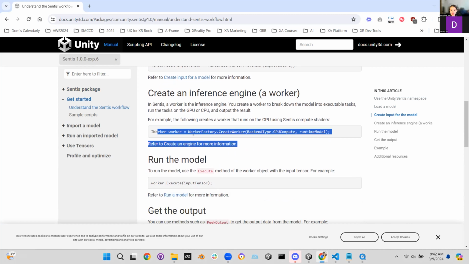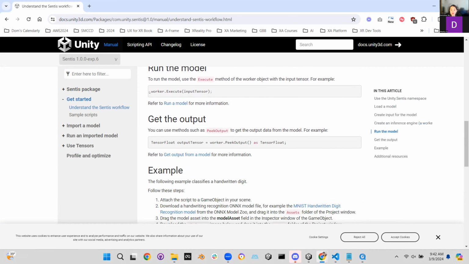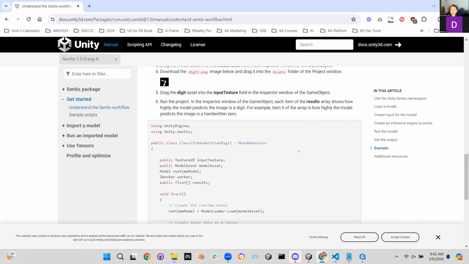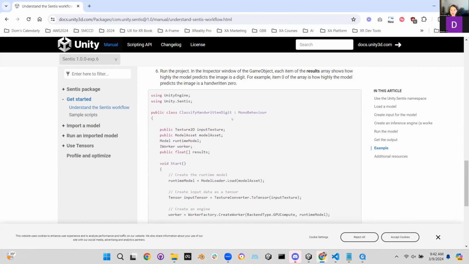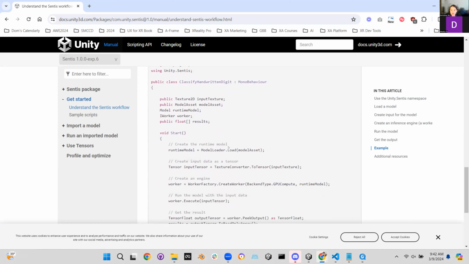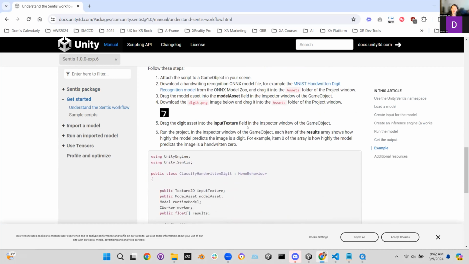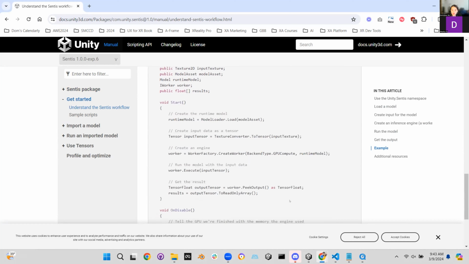You need to create an IWorker, which allows you to run this model, and later on you need to execute. So you can take a look at this code, how this works. This is one of the previous demos we created. You can dive into the old video. Pretty much